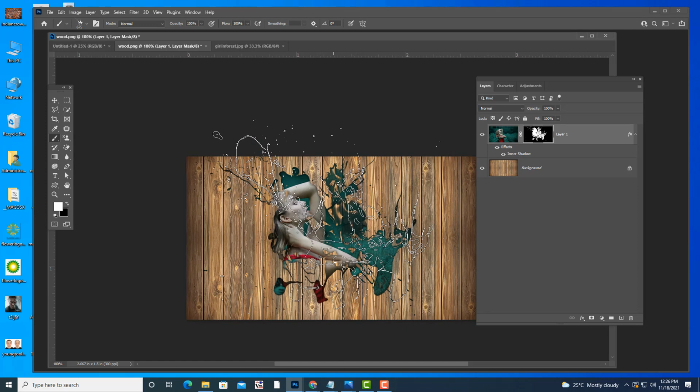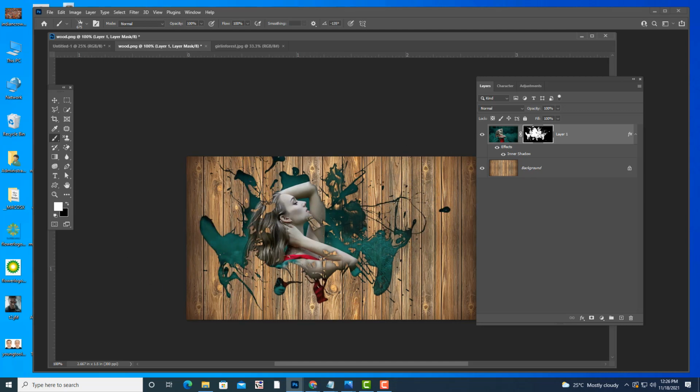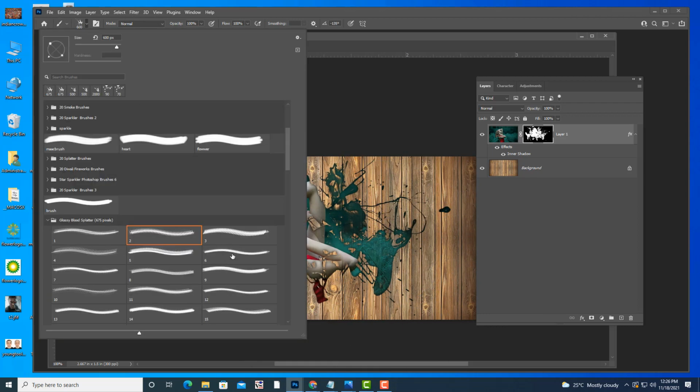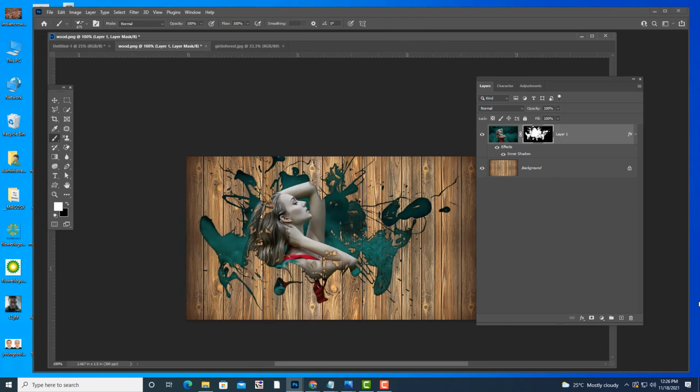This is one fancy brush which I have downloaded from Brusheasy.com. Fancy brush. There are different types here, so you can use all these different types and check the effect here.